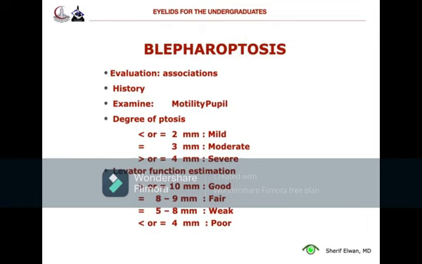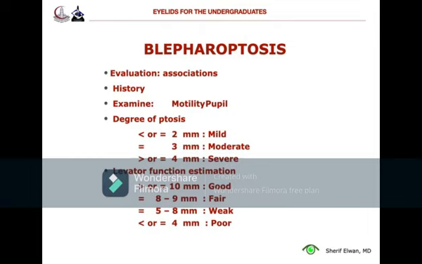Does it run in the family? Any history of trauma, any history of surgery or masses? And you have to examine the pupil, and this is because the pupil, as you know, is supplied by the parasympathetic nerves coming through the third nerve, which is carrying the motor fibers to the levator. And then we assess the degree of ptosis, which is